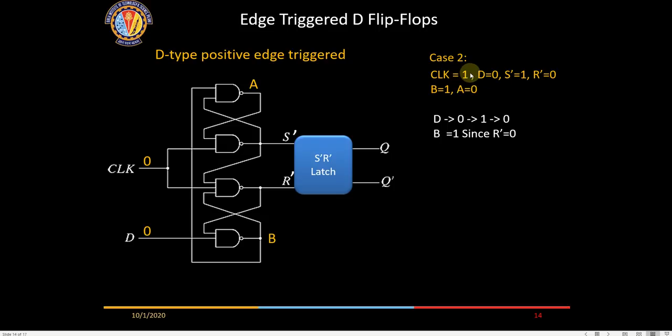Okay, when the clock is high and data is 0 and Q is also 0. Q and data, they are the same initial condition. Initially, since the clock is high, R has to be 0. So that 0 will be here and this will be B here. Now any change in D while the clock is continuously high will not get reflected in B because R dash is 0 here. So this gate.